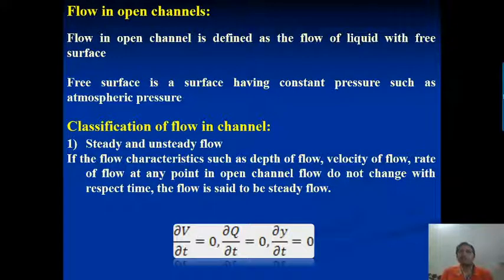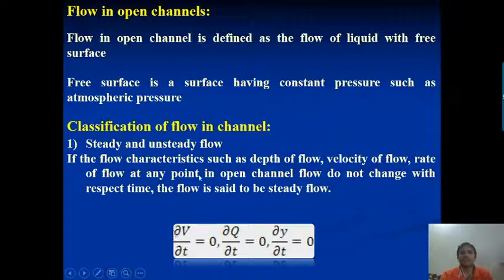Yes. So we started from, let me recap what we learned earlier. The recap is about what open channel flow means. We know that open channel flow means the flow which passes through a section under a free surface, or under atmospheric pressure. So these flows we consider as open channel flow, and open channel flow is divided into two parts. One is uniform flow and the second one is non-uniform flow. Uniform means the depth, velocity and discharge per cross section are uniform, whereas in non-uniform flow the depth of the flow, velocity of the flow and the discharge of the flow per cross section are not uniform, right? So these are divided.